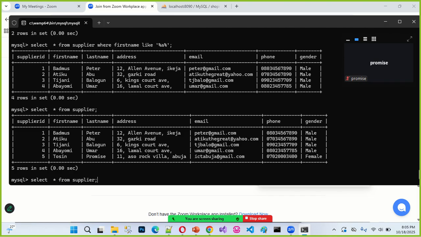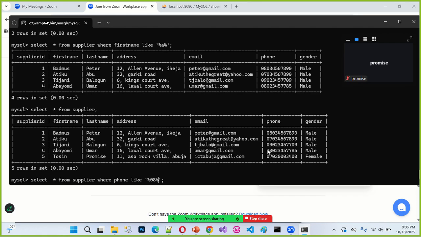I can return back here again and, instead of the first name now, I can say phone like what. Phone like, percent, what, percent, 08, and I put percent here too.